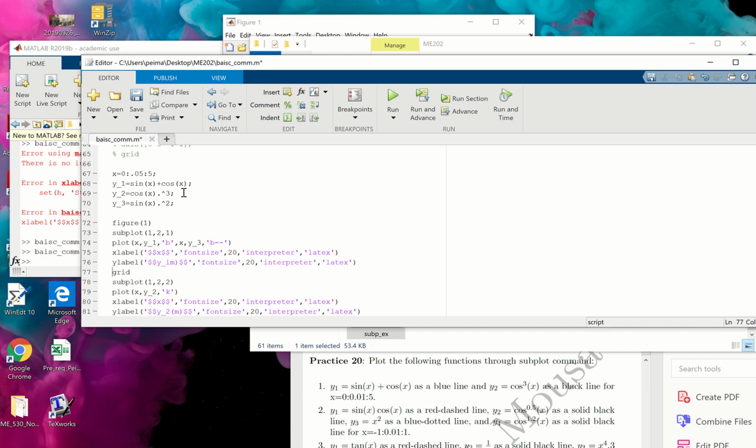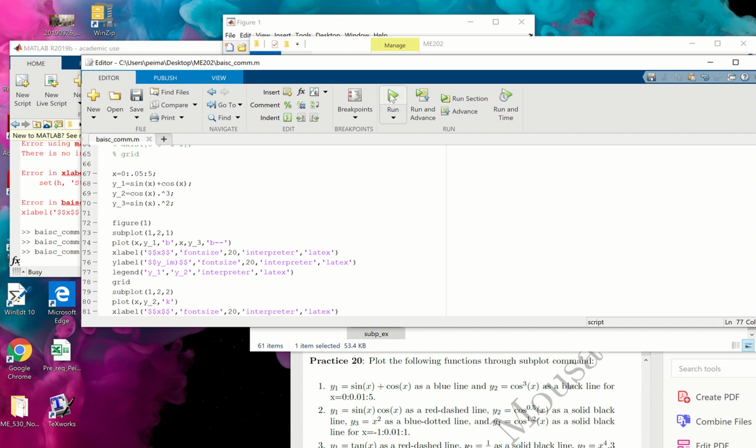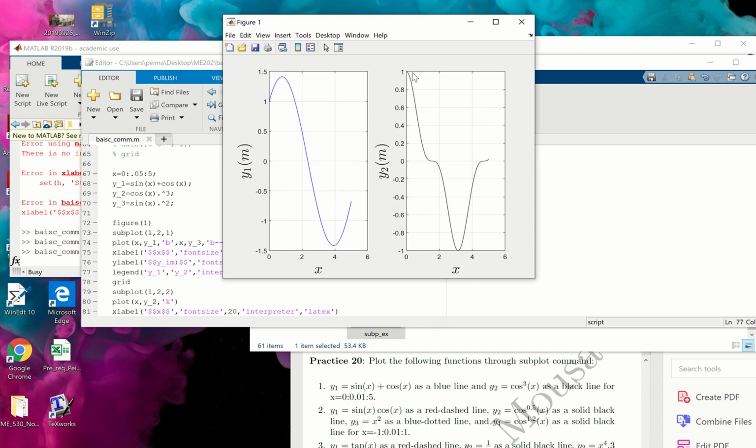Then you can add here, as I told you, a legend, that's right. Legend is for Y1, and say Y2, and you can add interpreter as LaTeX, as I taught you. That's right. I'm going to show the results. Bear with me. And here we go. Understand? So if you plot this,